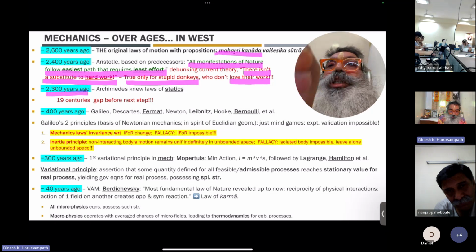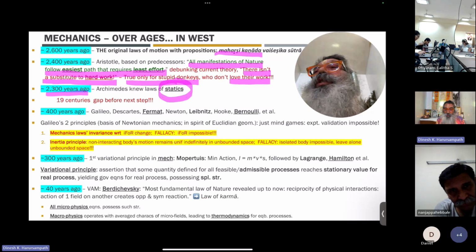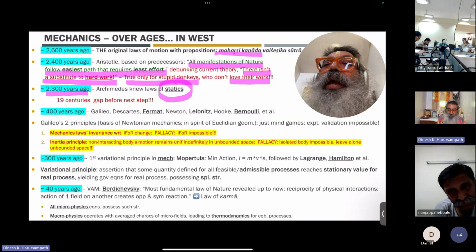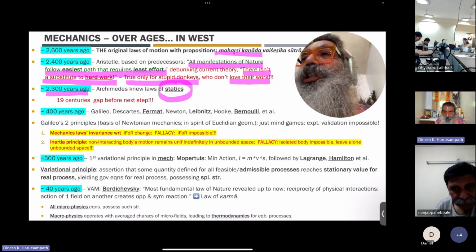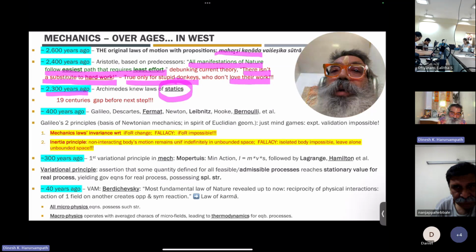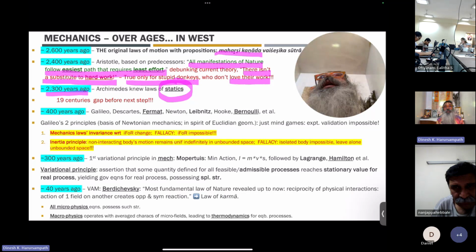2,300 years ago, that's just about 100 years after Aristotle, came the subject that you already have studied as part of your first course in the series of mechanics, which is statics, right? Archimedes knew the laws of statics, and this is 2,300 years ago. And nothing much has changed. Pretty much everything that you studied, irrespective of which textbook you studied from and who was the instructor for your statics course, you will see that all of that